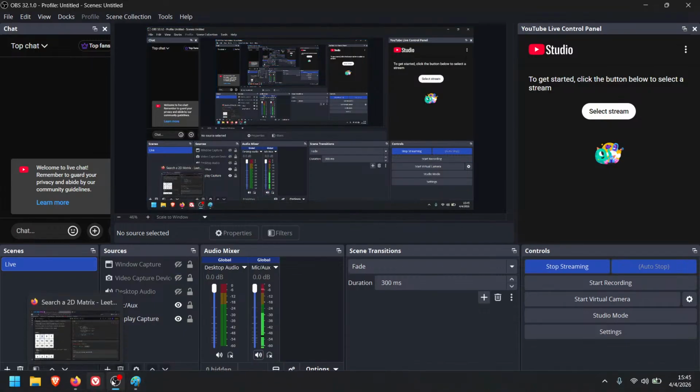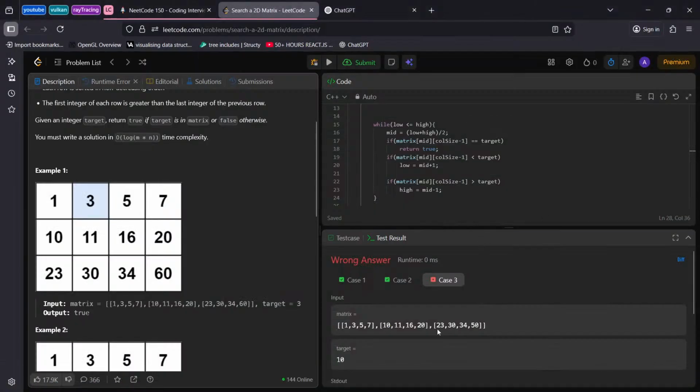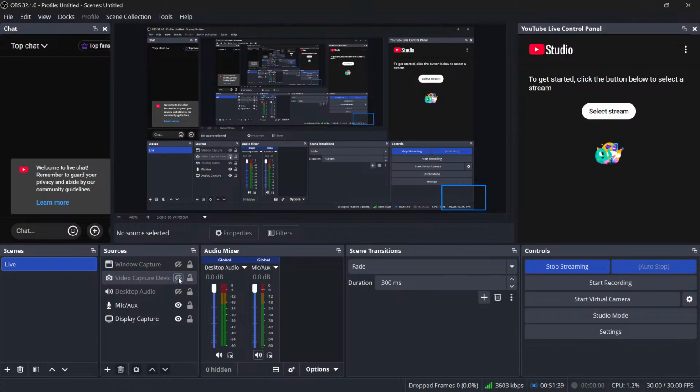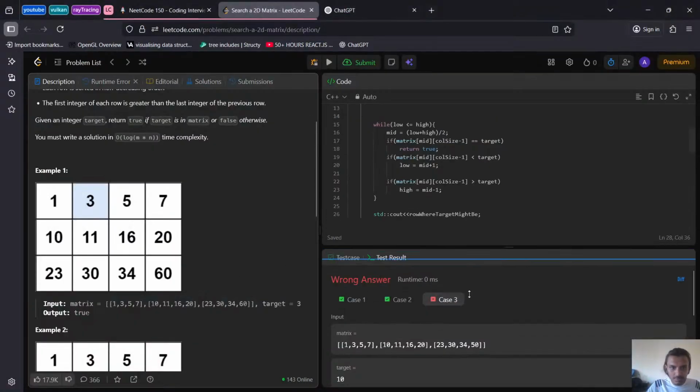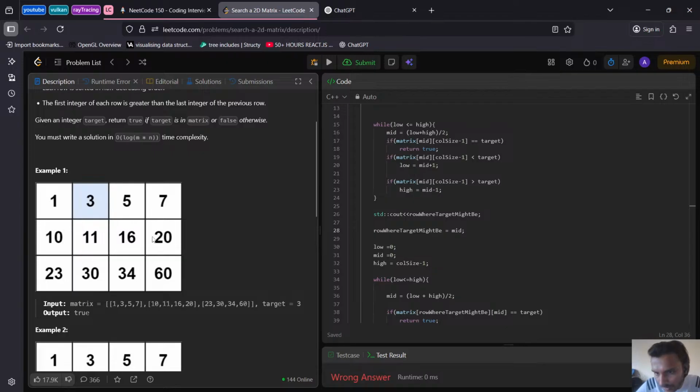So let's continue with the problem. Okay. So what can we do? We find the mid. If it is smaller than mid, we know that it should be lower than high. Instead of doing mid plus one, mid minus one, let's do this. So at last, what will happen? If the target is smaller than this,